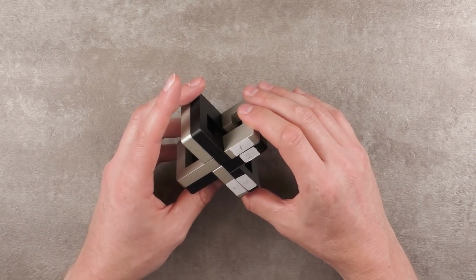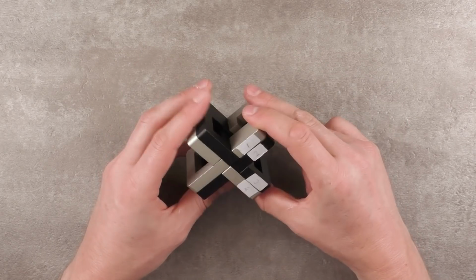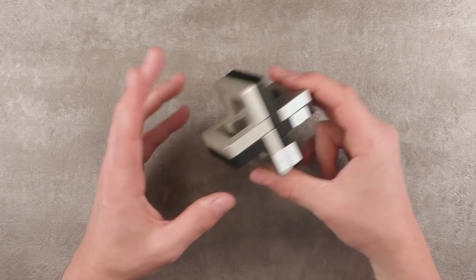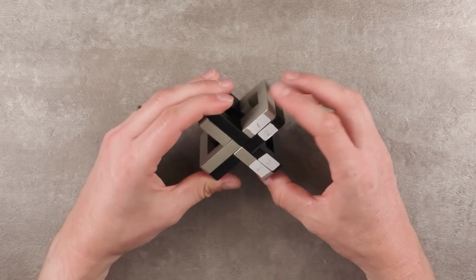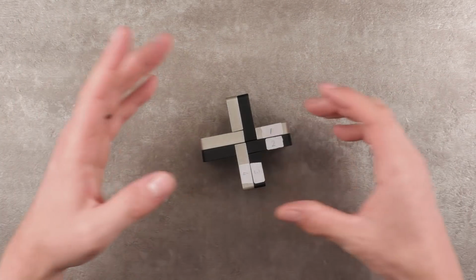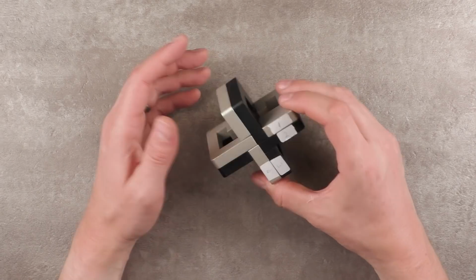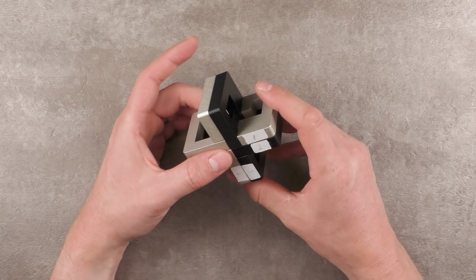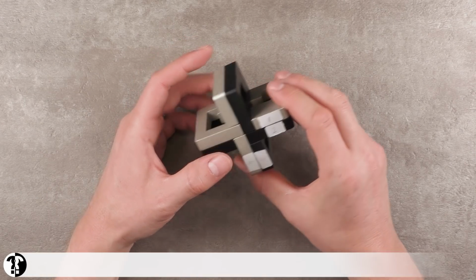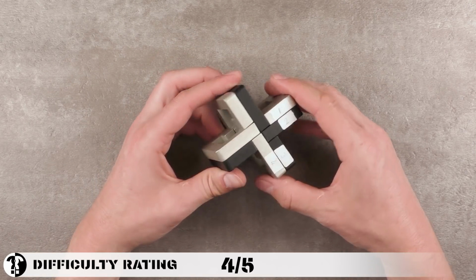The reassembly actually happened much quicker and easier than I thought. Took me maybe around, I don't know, 10 minutes or something. And it's back in the initial condition. Regarding the difficulty, I would not rate this with a 5 out of a maximum of 5 on my personal difficulty rating scale. But I think it deserves a 4 out of a maximum of 5,